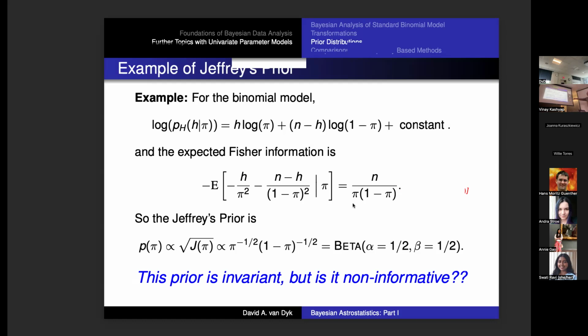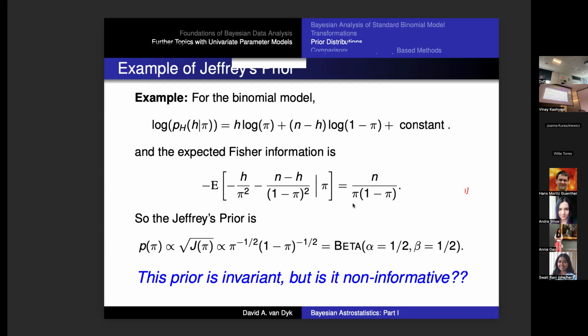And that turns out to be a beta 1/2, 1/2. So it's a little bit funny, but if I use this criteria and this prior, which is also a non-informative prior, right? It's like I have one count. Couldn't really happen in practice, but the information is the same as one count, half of which was hard and half of which was soft. That's okay. It does seem relatively non-informative in this case.